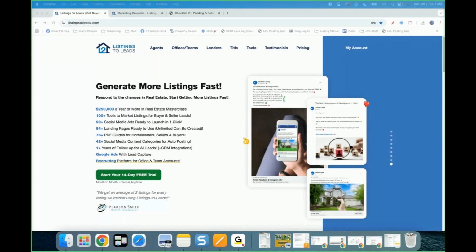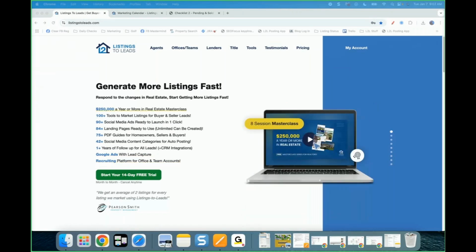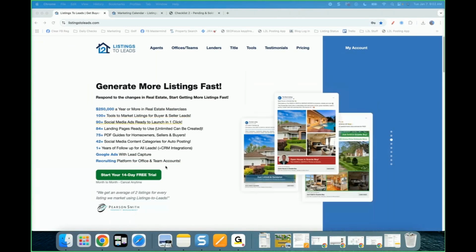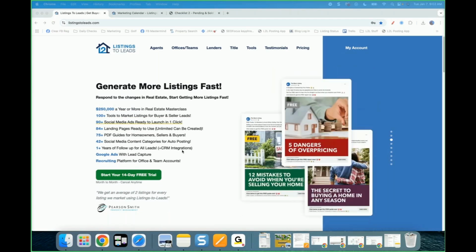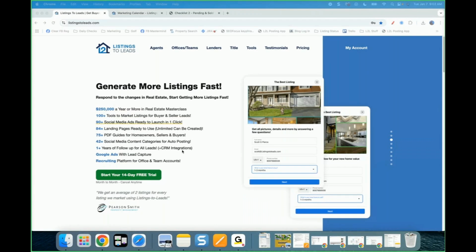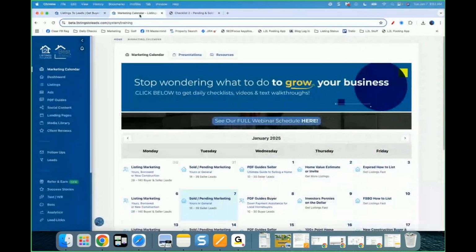This is Scott Pierce at Listings to Leads, and we're going to cover database marketing, database mastery, along with pending and sold marketing. So we're going to cover two different things today at listingstoleads.com. Pending and sold listings are the best quality set of leads that you're going to get, and it's a super easy way to do the same exact thing, even if you don't have a pending or sold listing. So we're going to cover a few different things today that will help definitely grow your business and get some listings coming in. So go to listingstoleads.com, log in, and when you first log in, you're going to land on